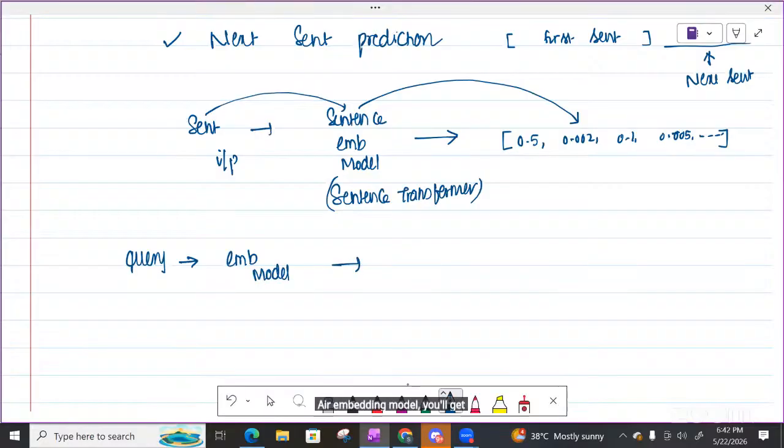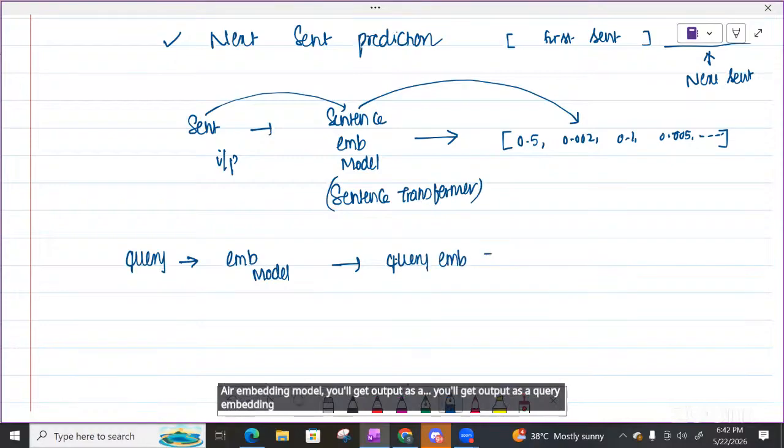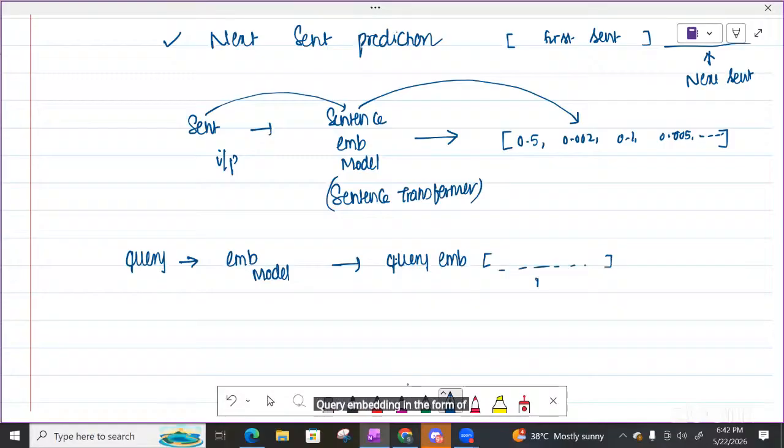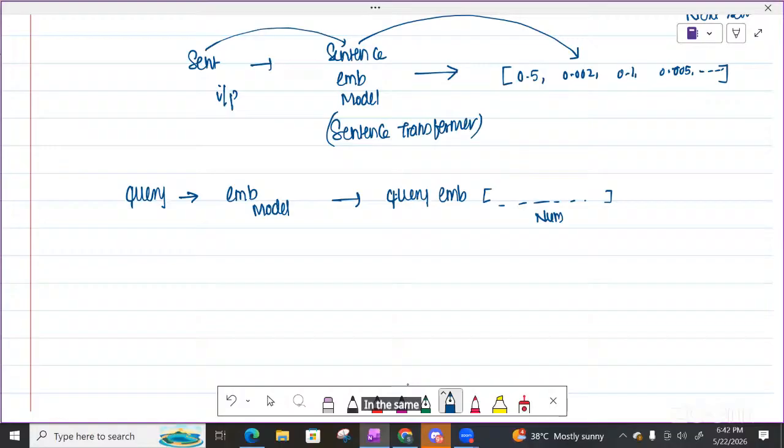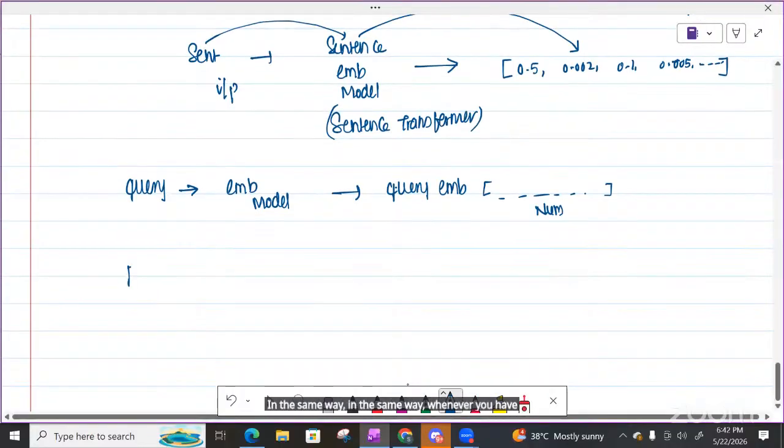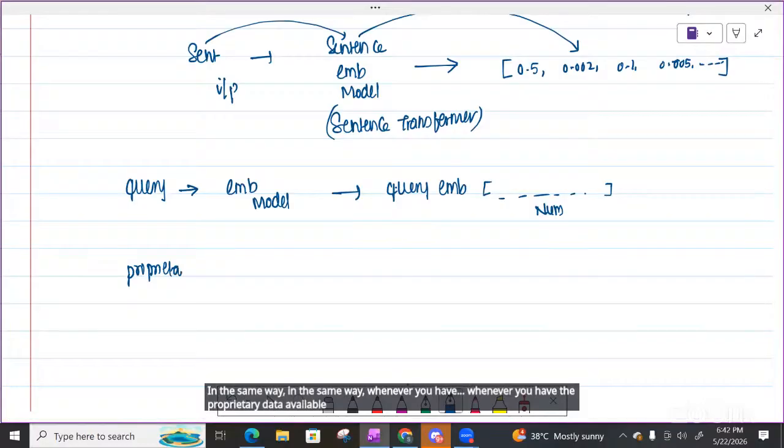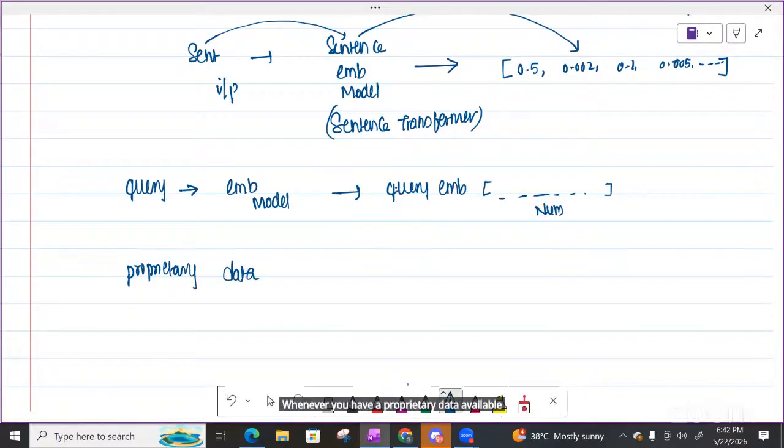You will get output as a query embedding, in the form of a numerical vector. In the same way, whenever you have the proprietary data available, just split this data into chunks or small pieces, and give every chunk to the embedding model